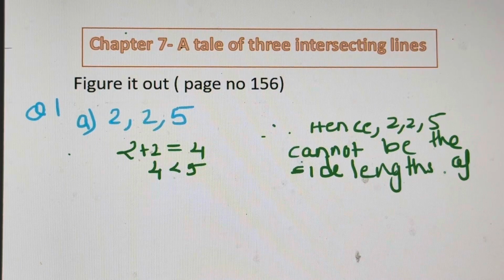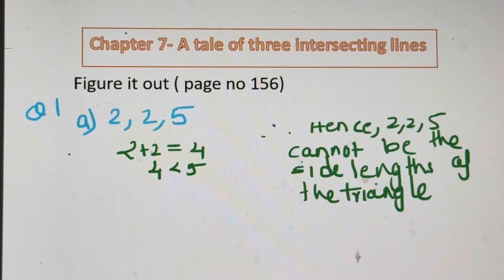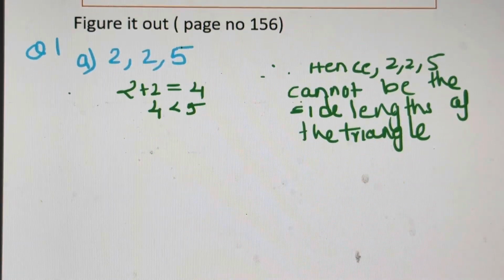Of the triangle. Or you can write the triangle cannot be formed with these side lengths. So this is the first one, question 1A. Now we take